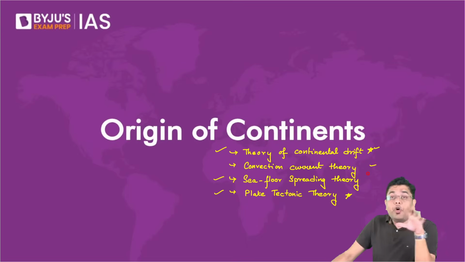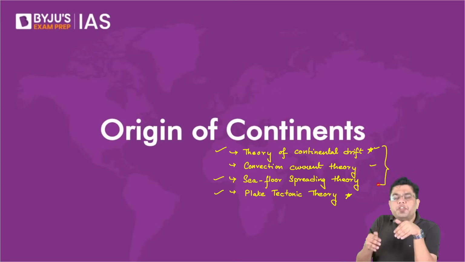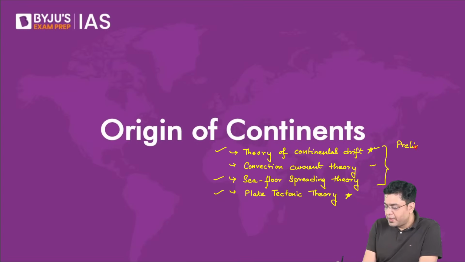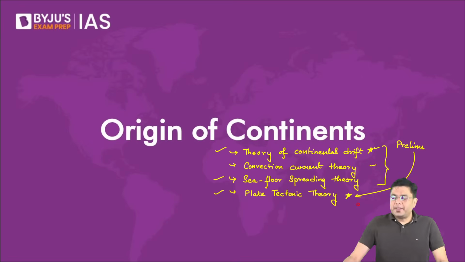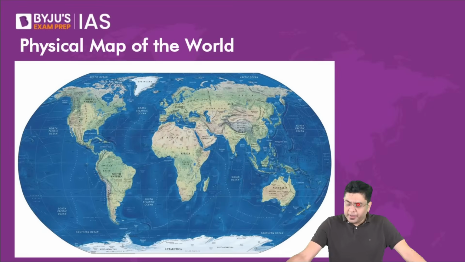So, all these three theories that we are going to study are basically going to be a precursor or a kind of an introduction for us, which will lead us into the portion of plate tectonics. Okay, so this is relevant for your prelims. In the case of prelims, questions are generally asked from plate tectonics itself, and otherwise in the mains also, this is going to be relevant. So we start with, first of all, the continental drift theory or the theory of continental drift.